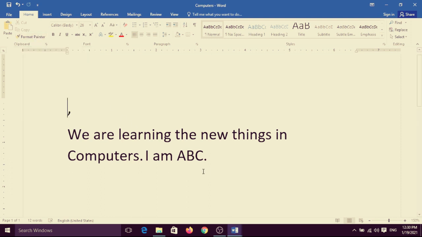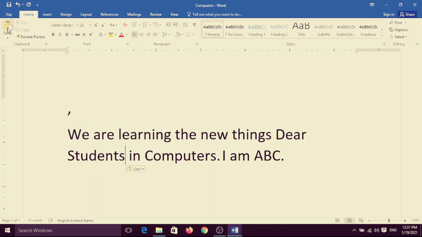Suppose I want to paste in between, and now you can see your cursor is blinking here. Now you can use the paste option. It is up from the file tab. There is a home tab, and click on the paste command. On the home tab, the text will appear. See, what you selected has appeared.